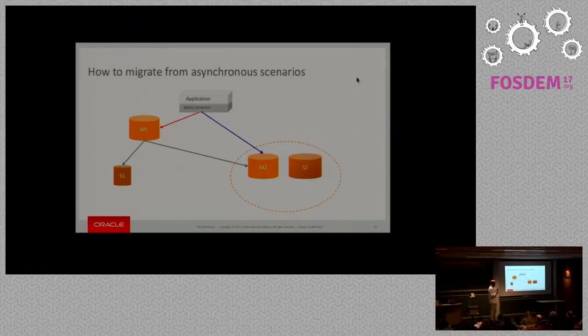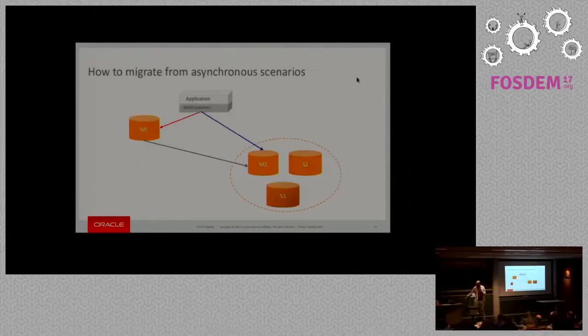And in a sense, the group is also a slave in itself. So as M2 is replicating from M1, it's disseminating the updates to the group. So S2 is also a slave in the group. So you can start migrating reads to the group. And basically, you also migrate another slave, and then you have this point here, where basically when you see that